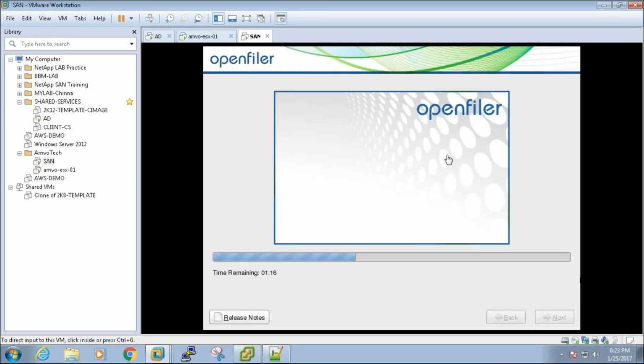But for me to demonstrate how to create an NFS data store and how to create a VMFS data store, I would definitely need a source to create it. That is why I'm doing this exercise. Don't get confused. Otherwise, creating an NFS data store is a three-step process, and creating VMFS is a four to five step process.